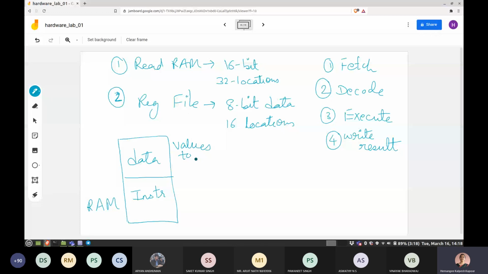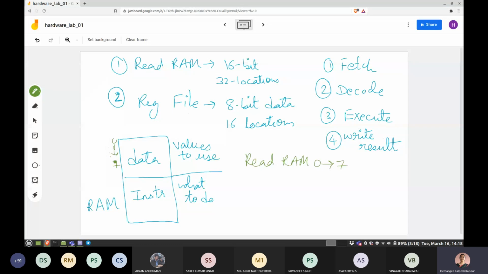In my execution, I'll just change the color. First, you need to read the RAM from, say, locations 0 to 7. What is this? Reading RAM locations 0 to 7, which is in the data region.